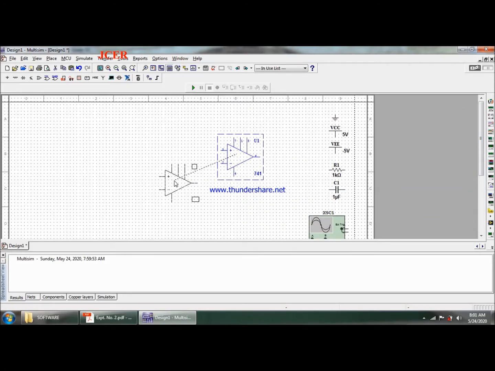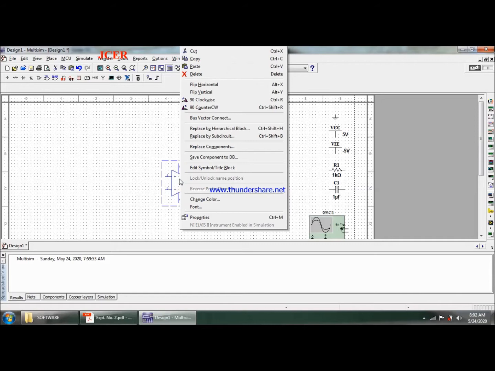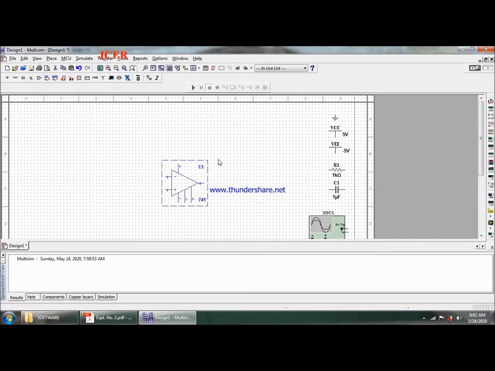I'll just place it. I'll keep it such that my inverting terminal is on top. So I'll right click on this op-amp and say flip vertical. By doing so, I'll get my inverting terminal as my first terminal. However, it's up to you whether to have non-inverting at top or inverting at top.